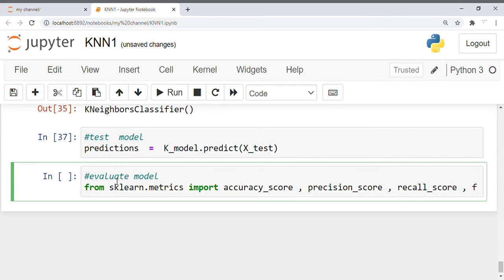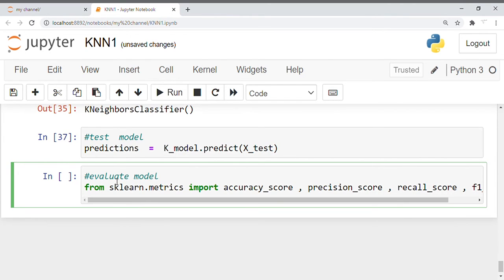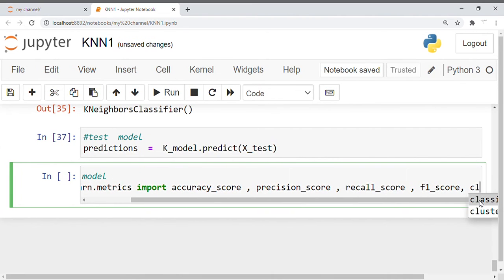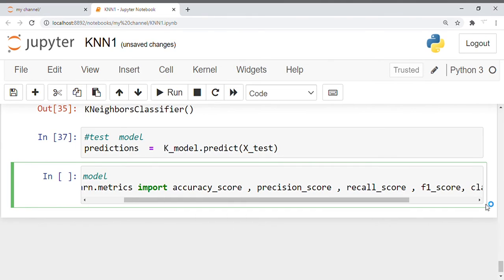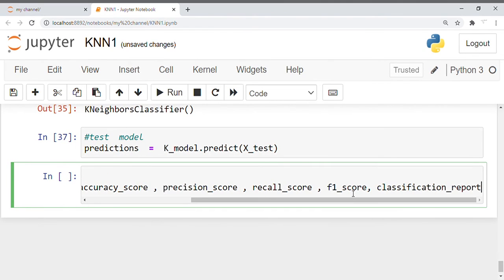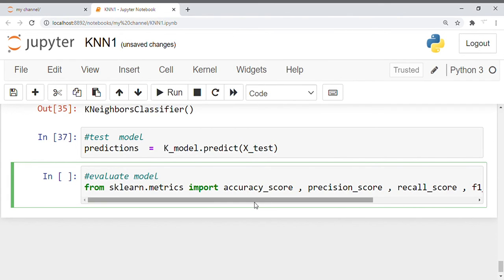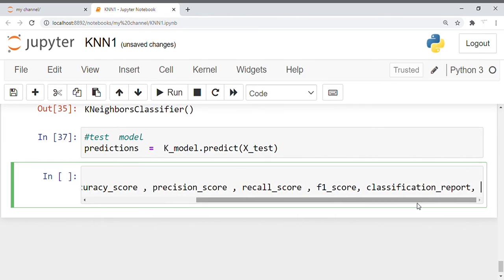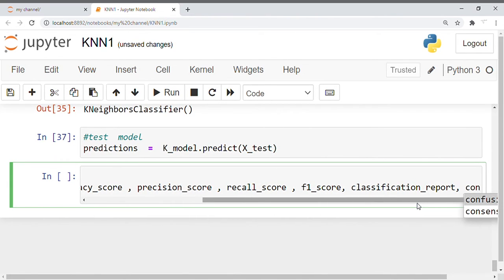And the combination of precision and recall is basically the F1 score. You can also get the classification report. Classification report is one of the metrics that you can use, where you get the complete report about the precision, recall, and the accuracy, right? And then the one important thing is the confusion matrix. You can also import the confusion matrix here, guys.